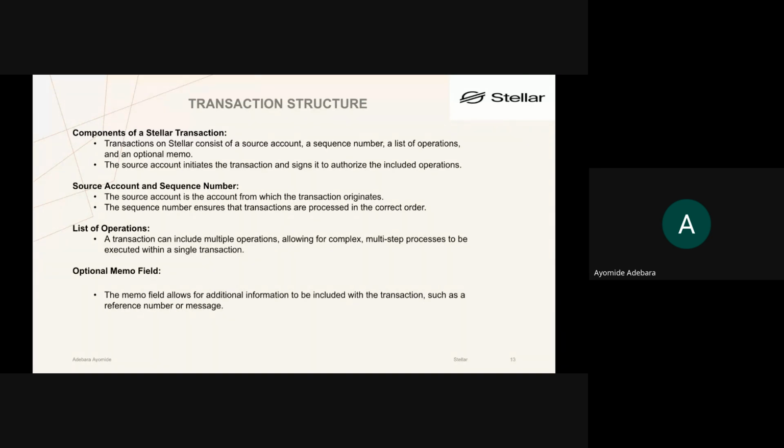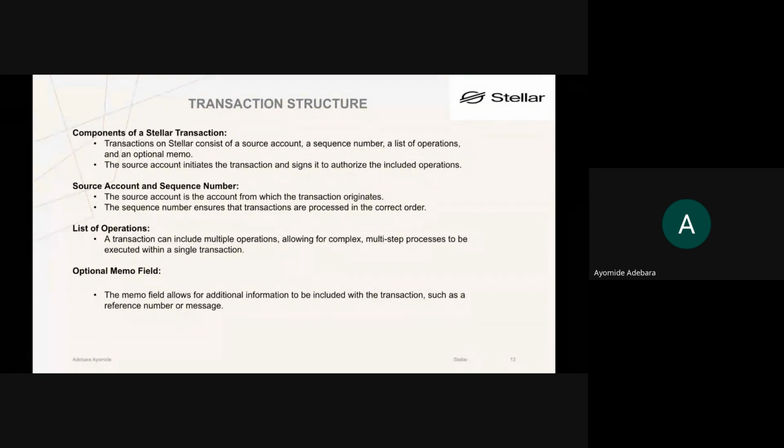The optional memo field. The memo field literally allows for additional information to be included with the transaction, such as a reference number or a message. So just like you've heard, it is optional. Optional means that you don't necessarily have to fill it. You can leave it empty. But if you want to fill it, it could be more like a message that you're attaching, or a reference number that you're attaching to that transaction.